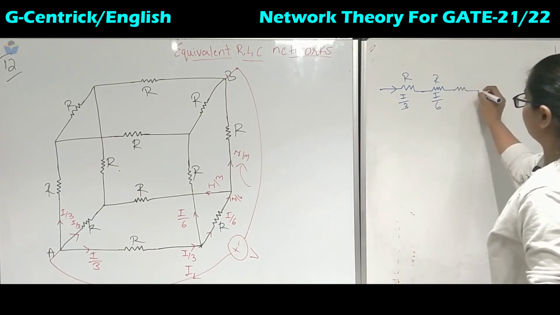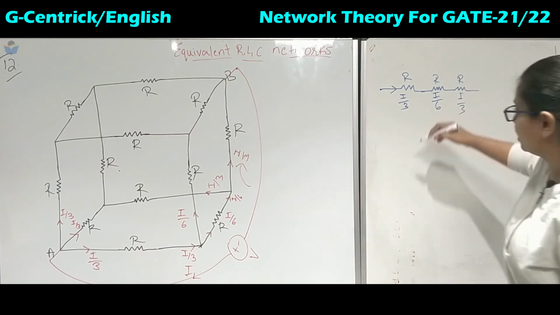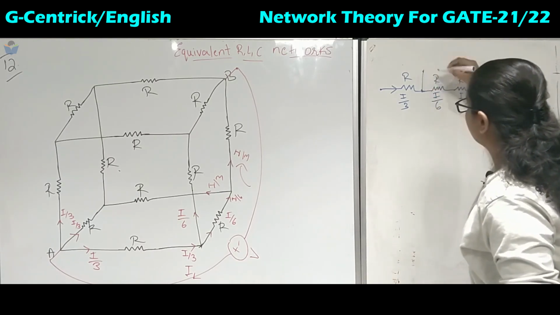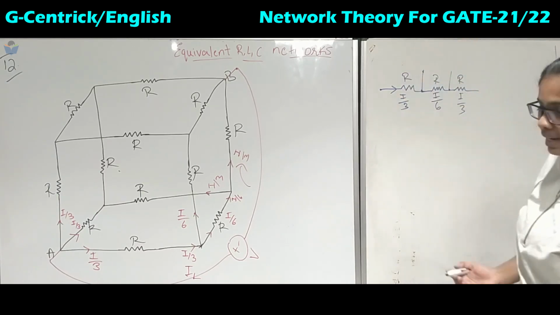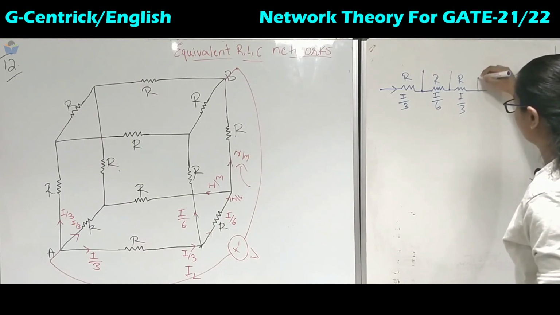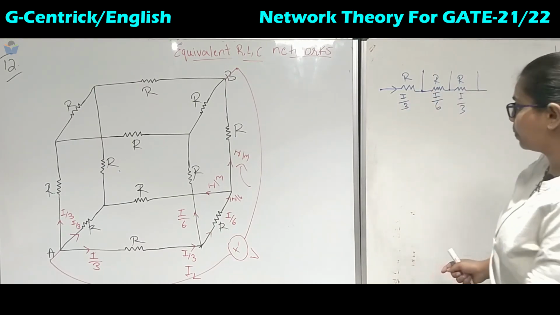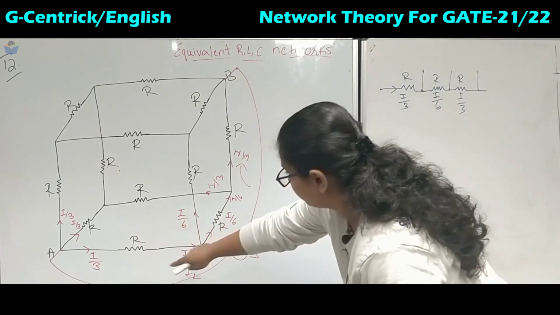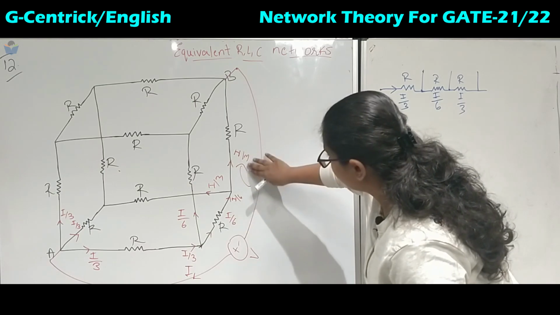I by 3. Now these resistors are not in series, they have branches. There is some other circuit after these resistors, so we should not get confused with the branches. That means these are not in series. If we are moving in this way, we have I by 3 here.